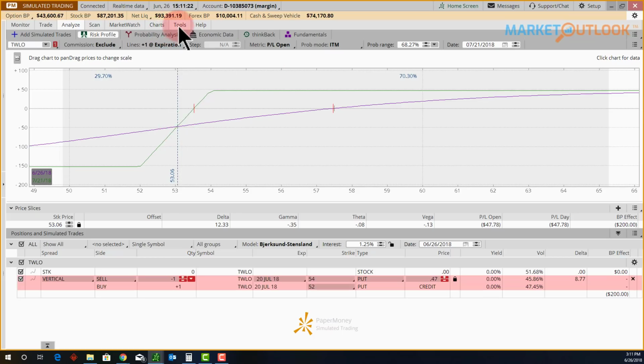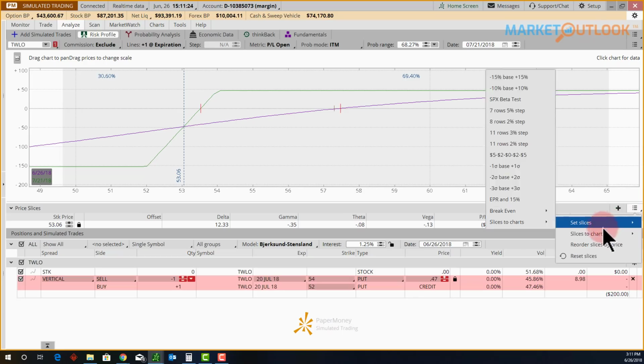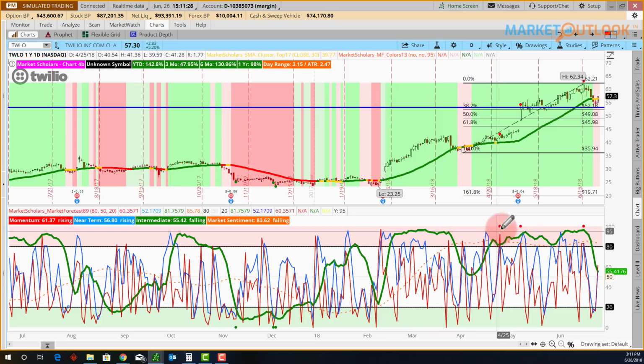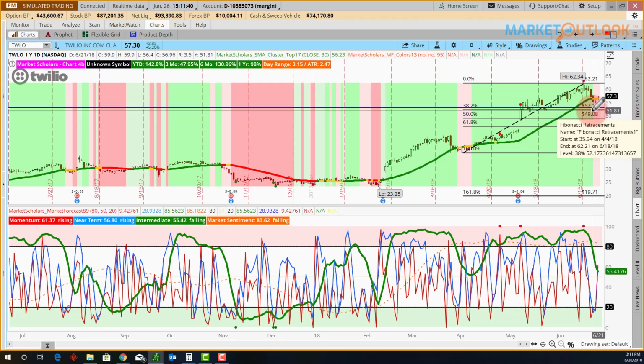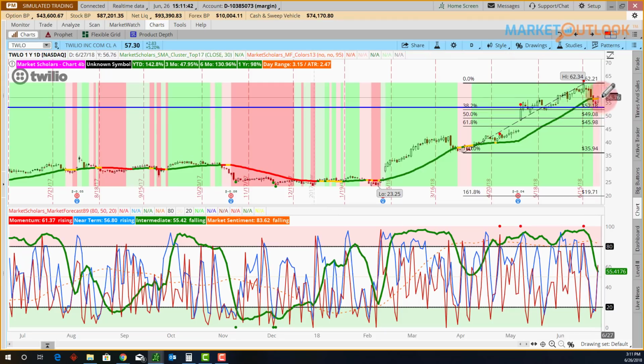And again, the idea being that at 53, if I set that slice to the chart there, that's at the low point of this little reversal pattern. So we'll see if we end up pulling back down to there, take a small loss, move on to something else. If we hold it and continue higher and hold the 54 level out of the money, then we make a quick and easy high probability trade on the stock that's got a bullish pattern, bullish trend, and a bullish pattern suggesting the possibility of a bounce coming up from here.